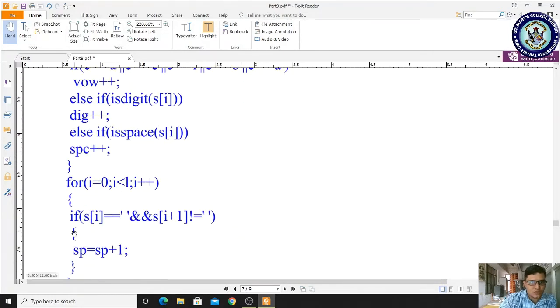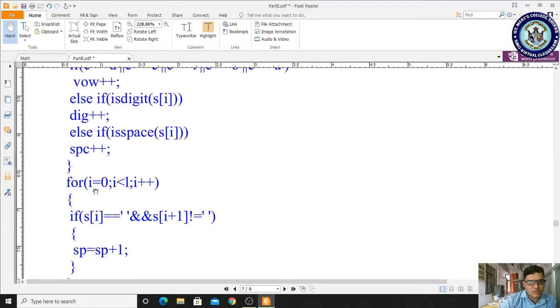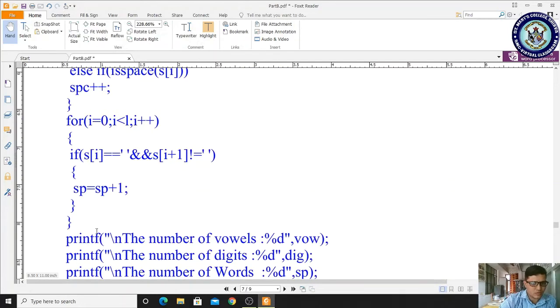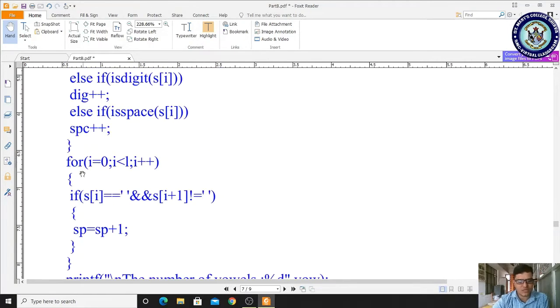So this for loop has been written to calculate the number of words present in your string. Okay, so actually we can incorporate this here itself. If we write this logic here itself, it is better. Let me see in the next time. Okay, so as we know, what is the logic of this for loop? This for loop is used to identify whether it consists of a single space or double space or multiple spaces. So that is the purpose of this for loop.